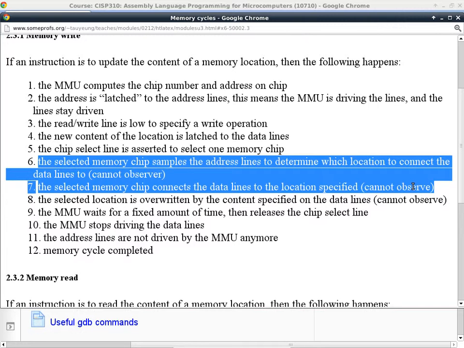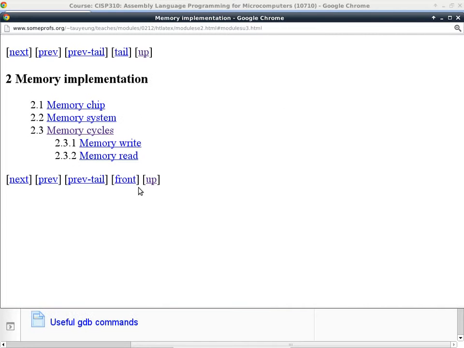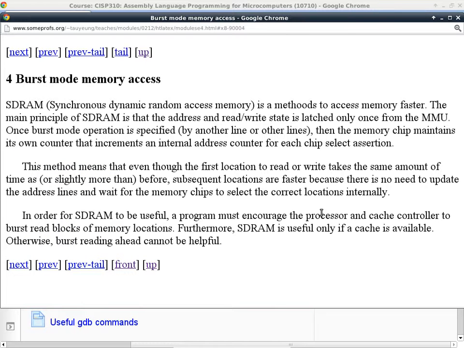So if I go back to the notes that we were just talking about, right here. That's basically what I mean by burst mode access, which means if I want to write something, I'm not going to write 1 byte at a time. I'm going to write 32 bytes at a time. The first byte